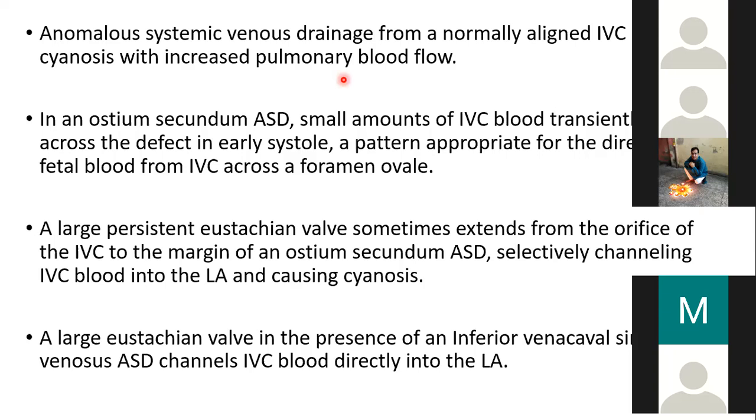I think actually the word is not resistance, the word is compliant. It is draining to a very compliant circuit. So there will be a slight amount of differential flow which you will probably appreciate. Wherever there is a PAPVC, the shunt of that segment will increase. Whether there is ASD or there is no ASD, whatever drains into RA, the shunt of that particular segment would be more as compared to LA. Understand, no?